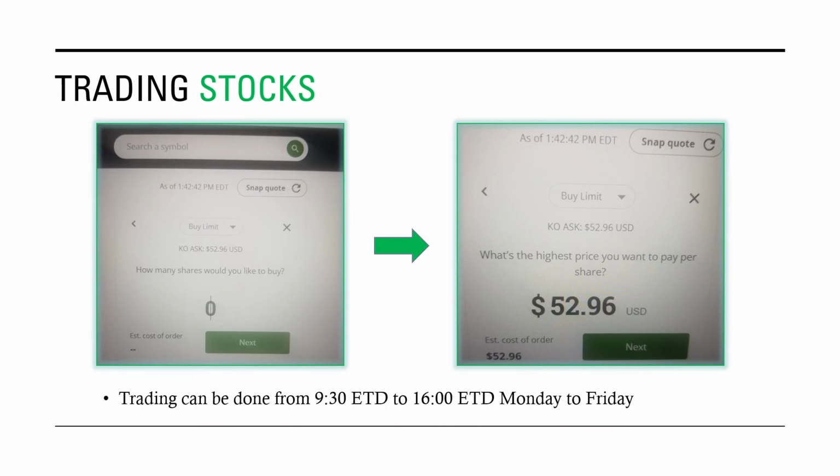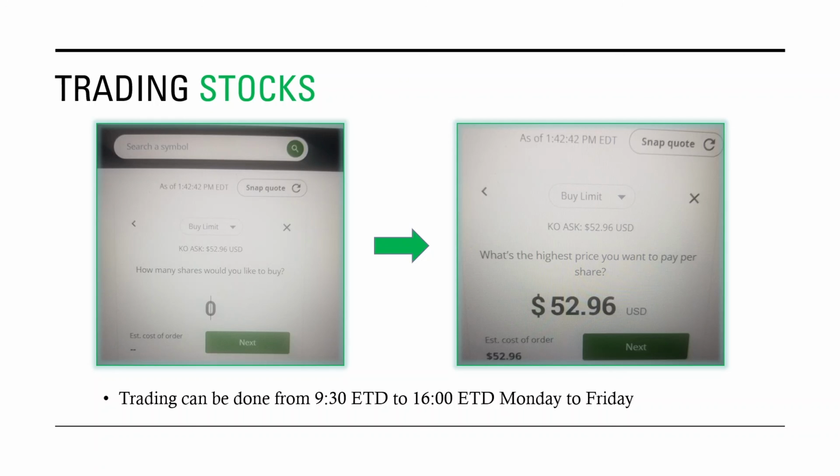When you build your follow list and you've analyzed a few stocks, you can now decide to go and trade stocks on your broker. So here we have, for example, TradeQuest. You can search a symbol, so Coca-Cola, KO, and you can decide how many shares you want to buy, and then you can ask for a price. So if the price right now is 52.96, you can ask lower or higher, and the broker will trade the stock that you asked at the price that you ordered when the stock market will have your price.